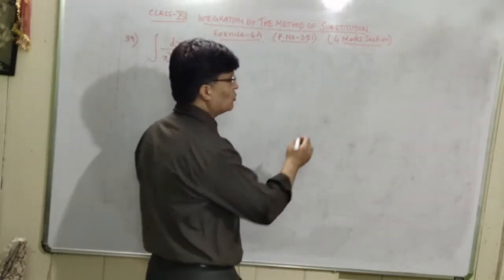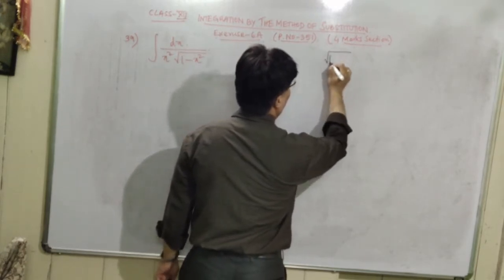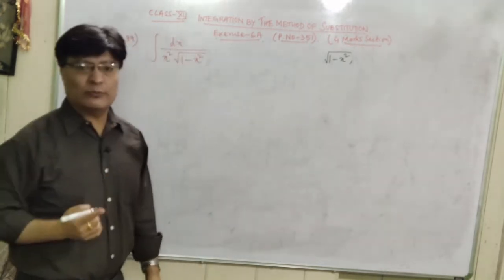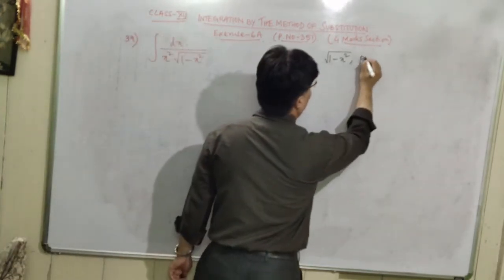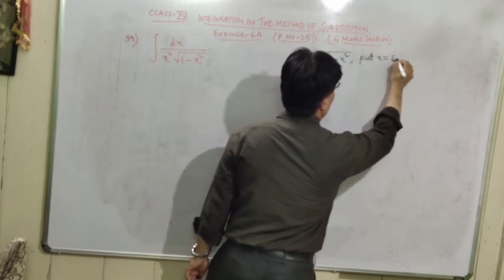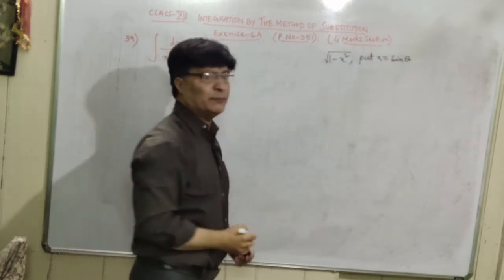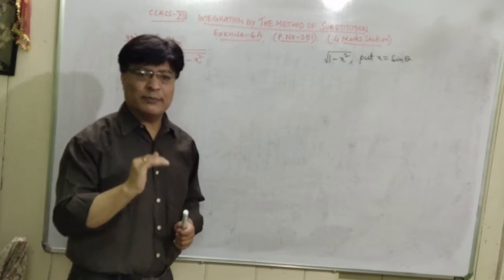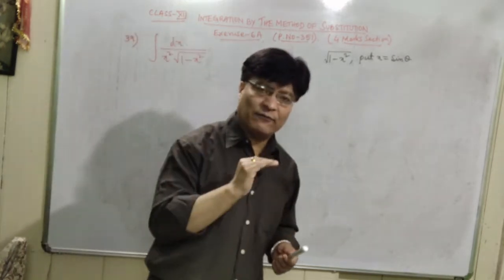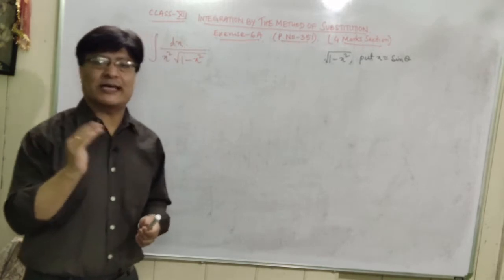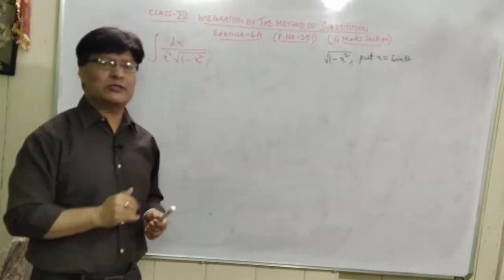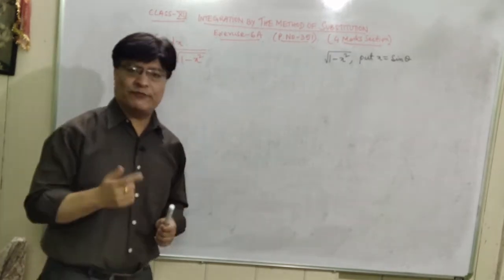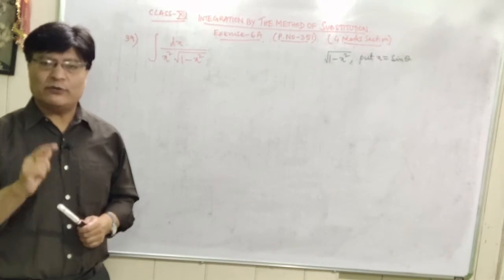So I already told you that whenever you have root over 1 minus x square, and you are to do the trigonometric substitution, you should put x is equal to sine theta. It may be cos theta, but don't put cos theta, because in the method of substitution you have to differentiate it, and for cos theta you will get minus sine theta, a negative. You may put cos theta also, but always put x is equal to sine theta, because if you differentiate sine theta you will get the positive sign,